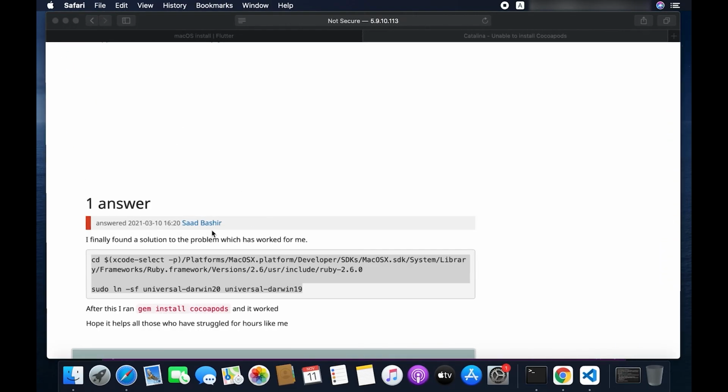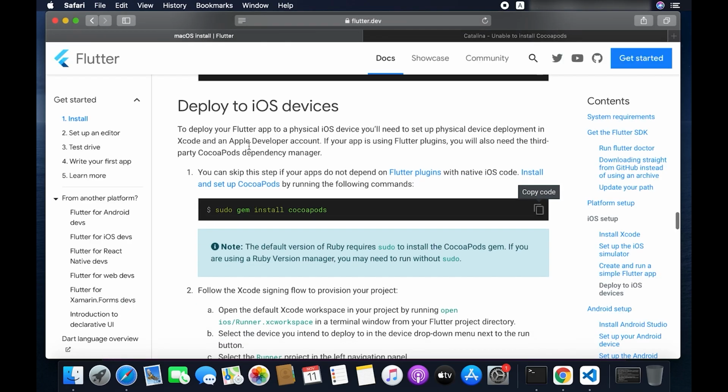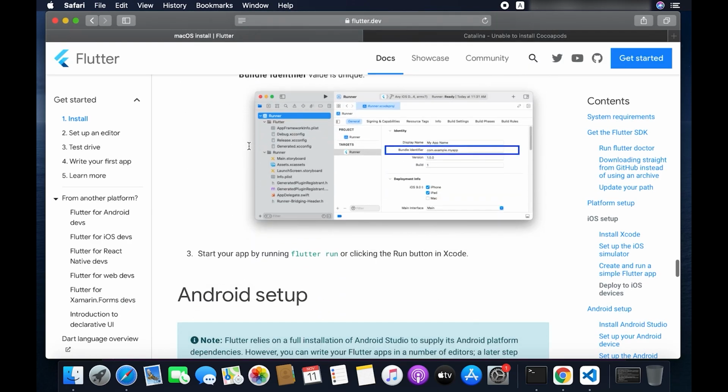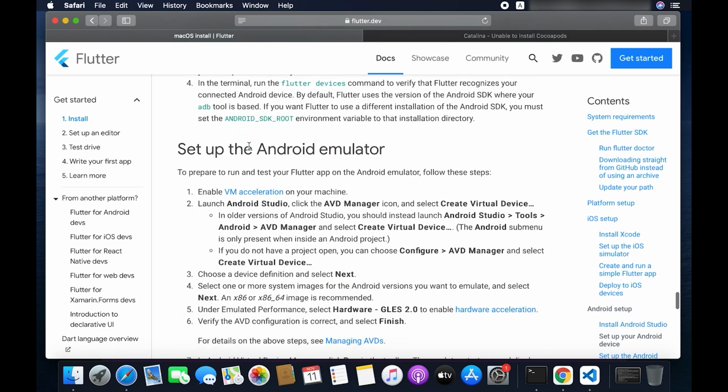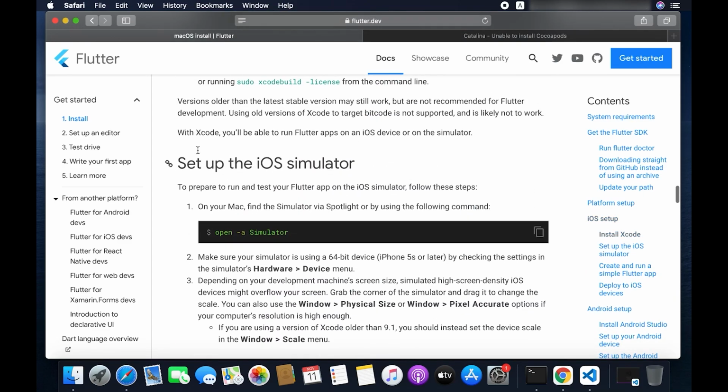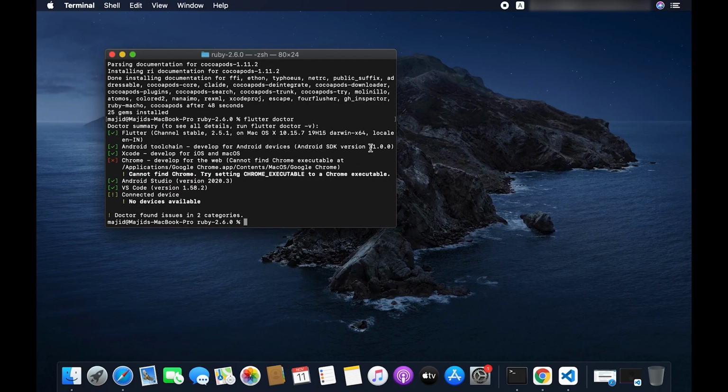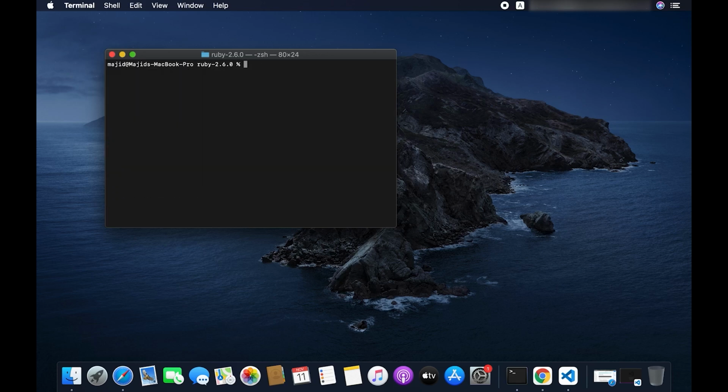If you go to the macOS website, here you have one, open an emulator. Here, set up an iOS emulator. Just go over there, copy this command, and I'll clear everything and type flutter doctor once again to check whether everything is working fine or not.